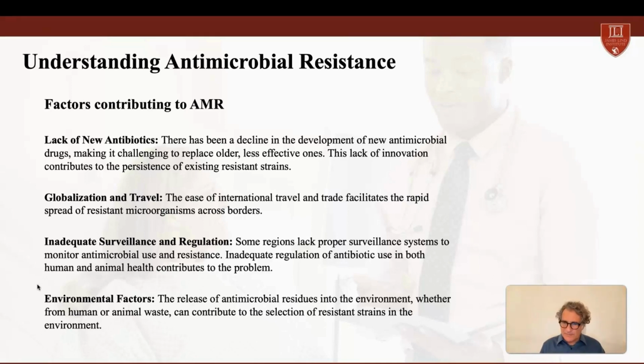The regulation is not just about the antibiotics or antivirals, but also adequate surveillance, for example, on the amount of antibiotics that the farmers use on the animals for animal production. There is also adequate surveillance when there is some specific disease or some specific virus. So there are several factors that contribute to the development of antimicrobial resistance. Also the environmental factor. So you have to keep in mind that this problem is not easy. It's not easy to treat.